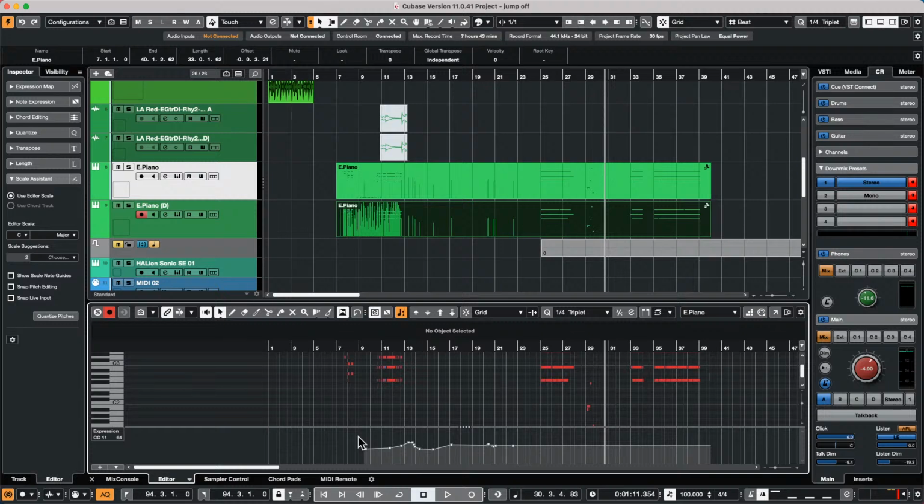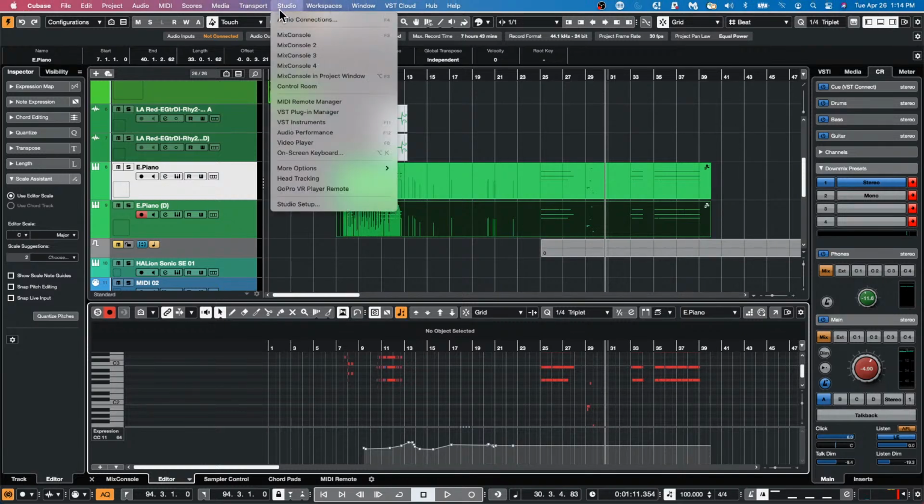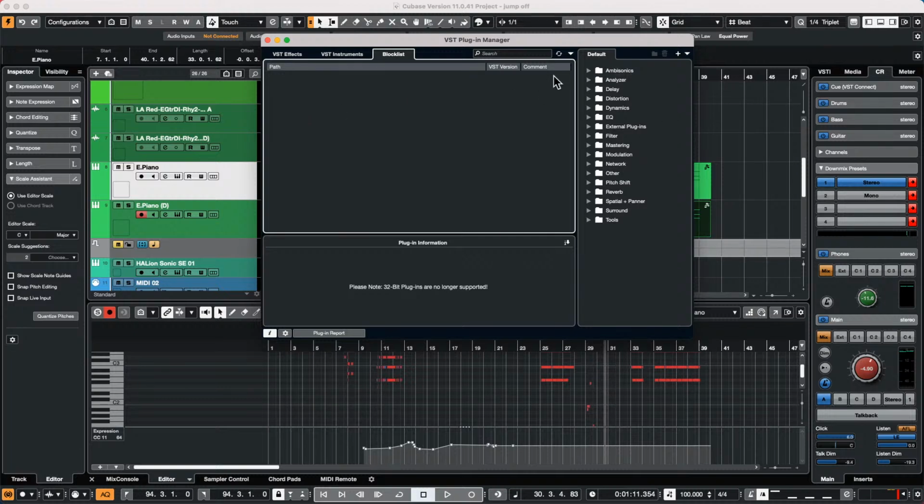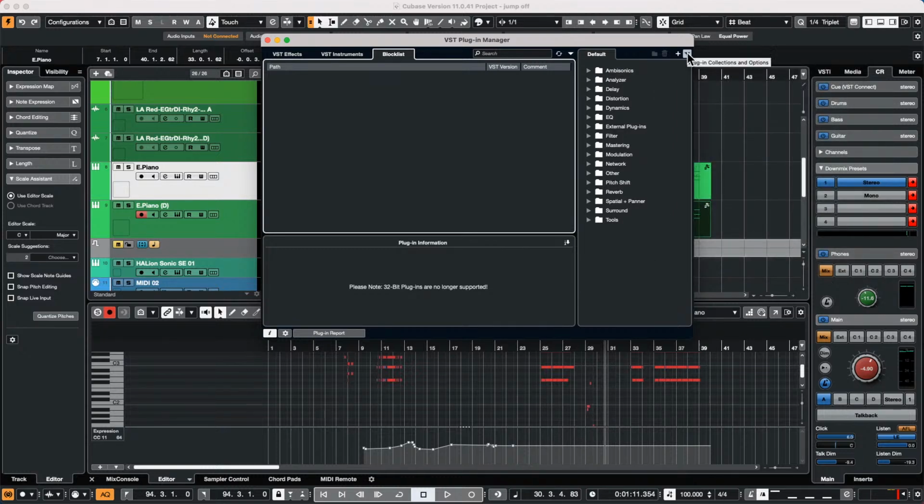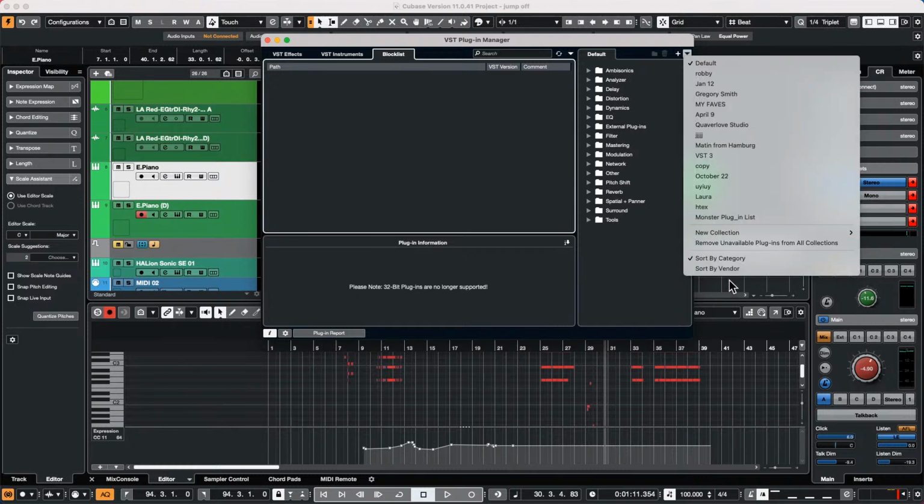Okay, reading through comments here. So we have a question: how to manage VST plugins, effects by genre. So you could kind of categorize. If we go to your studio menu and let's go to your VST plugin manager, and if we come here, we could sort by category. So we just see this little drop down menu here, or we could sort by vendor. So we could just come over here and just choose to sort by category, which I believe is the default